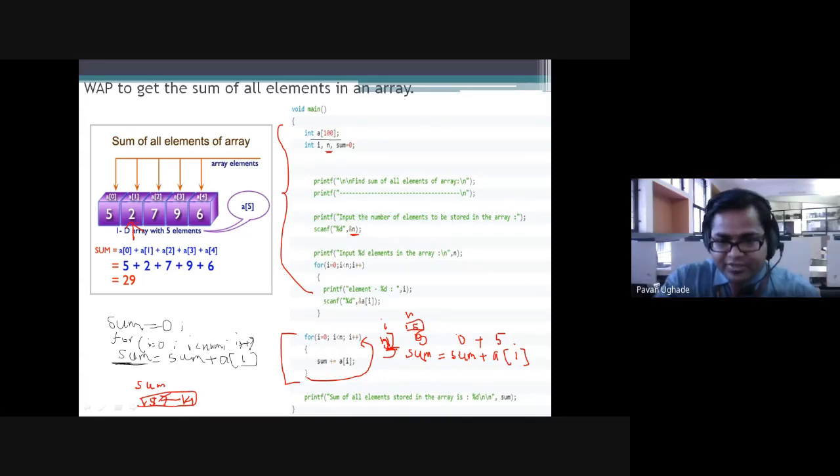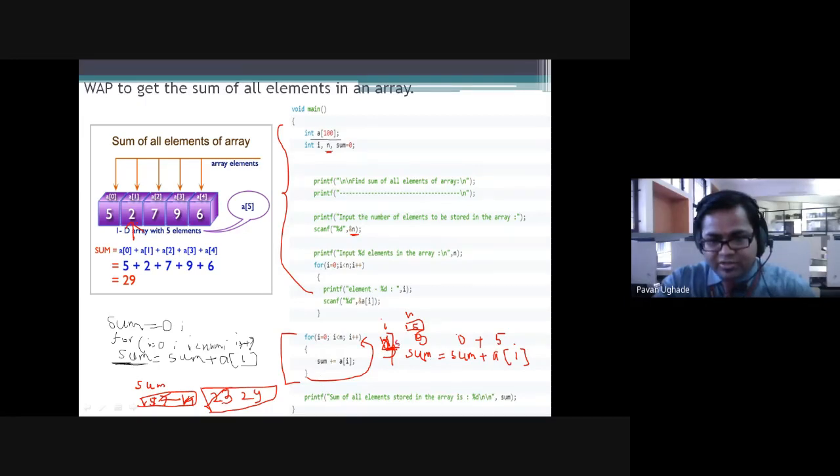Sum is holding 14, 14 plus 9 becomes 23. Again I becomes 4, 4 is less than 5, condition true. Sum equals sum plus a of 4, 23 plus 6, it is 29. Sum is holding 29.